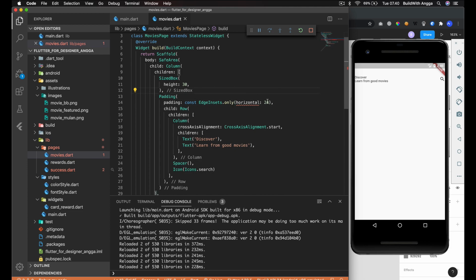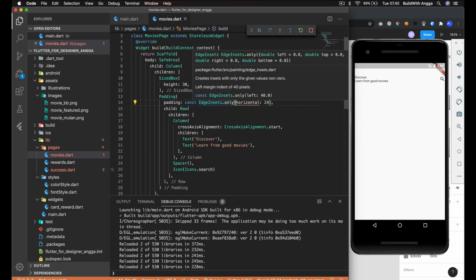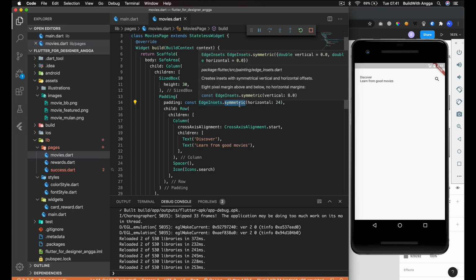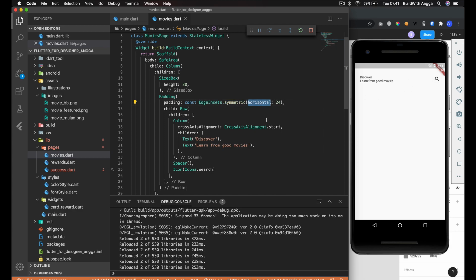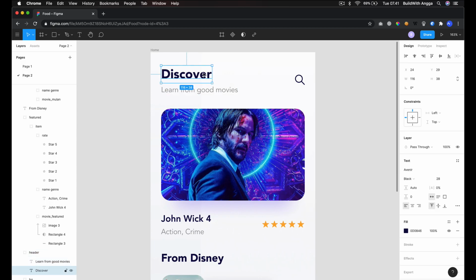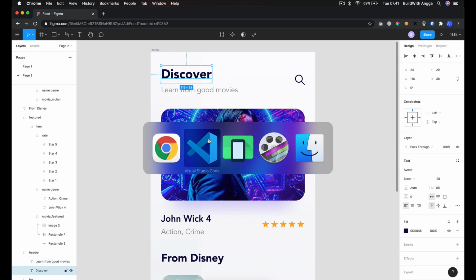It should be working, right? Wait, oh sorry, maybe right here. Sorry, we just need to use symmetric. If you use only, you can set the top or the bottom. But if you want to set it symmetric, you just use symmetric and then set this horizontal. Pretty cool. Also, if you see in the design, we need to use this kind of text style.